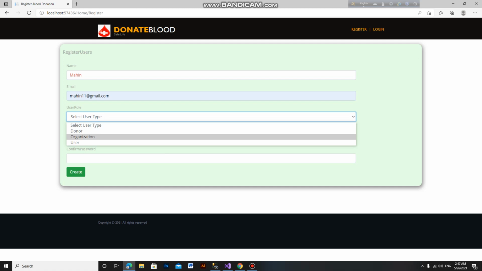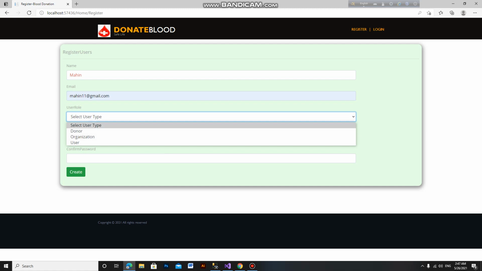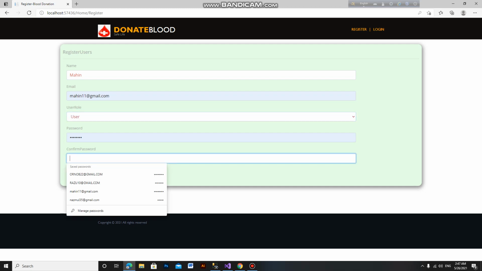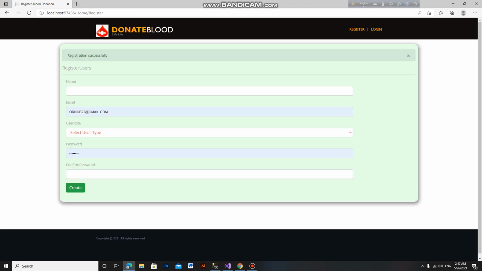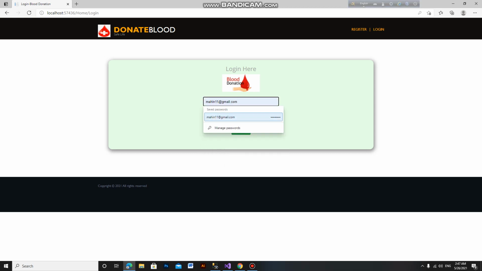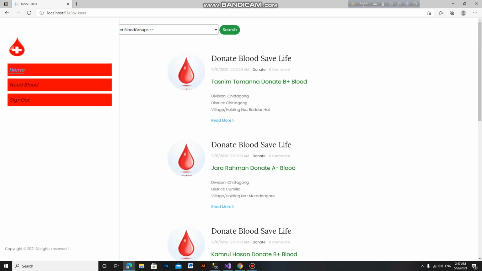If he creates an event, then he selects organization. So we select user and input password and confirm password. Then we create, registration successful, then we log in here. Mahin. So we create, then this is the user home page.